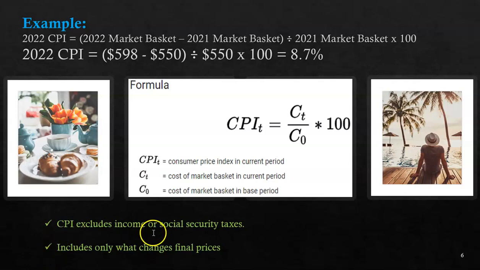Now, the CPI does not include anything that does not factor into the final price. So think of any expense where if it went up or came down, it does not change the final prices of goods and services, like, for instance, the income tax. That impacts your income. It doesn't impact the prices. Well, then that is not going to count. Medicare, for instance, state taxes, anything like that will not affect the final price. Unless it does affect the final price, that's different. Like a sales tax is relevant because it's going to change the final price. So this is what it comes down to. Does it change the final price or not? Then it's counted or it is not counted.